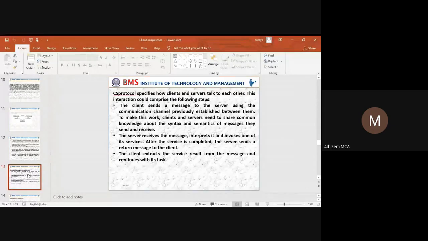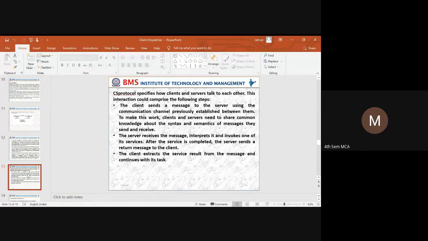So next we have a CS protocol. In this CS protocol, it will specify how the client and the server are going to communicate or talk to each other. That has some steps. Here, between a client and a server, the client sends a message to the server using the communication channel.